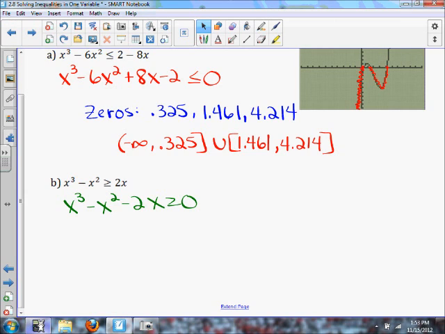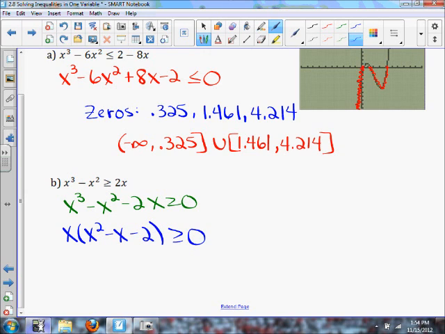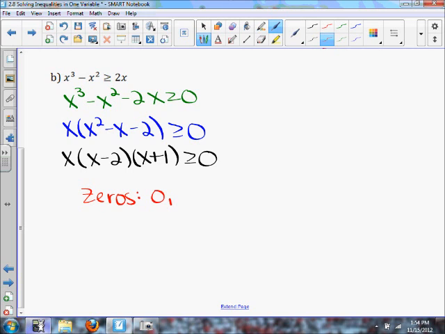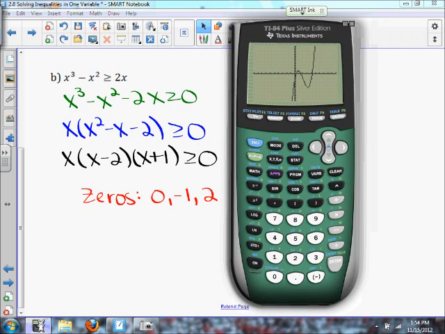Now you should be thinking to yourself, hey, I could probably solve this algebraically. So let's do that. We can take out an x. We're left with x squared minus x minus 2 greater than or equal to 0, which can actually be factored again: x minus 2 times x plus 1 greater than or equal to 0. So our zeros will be 0, -1, and 2. Now if you were to graph this,